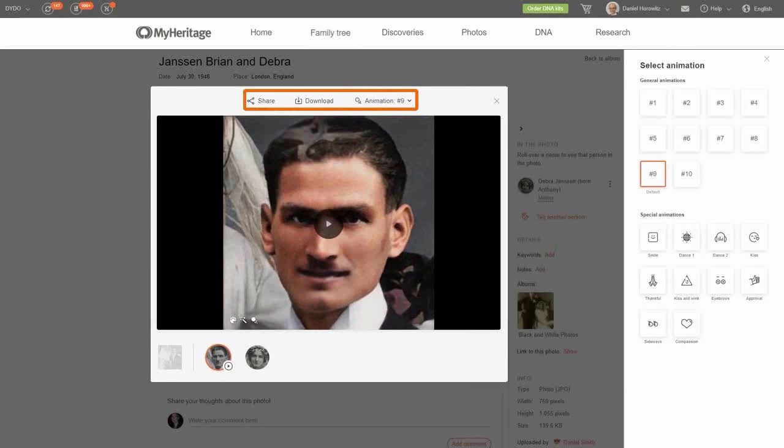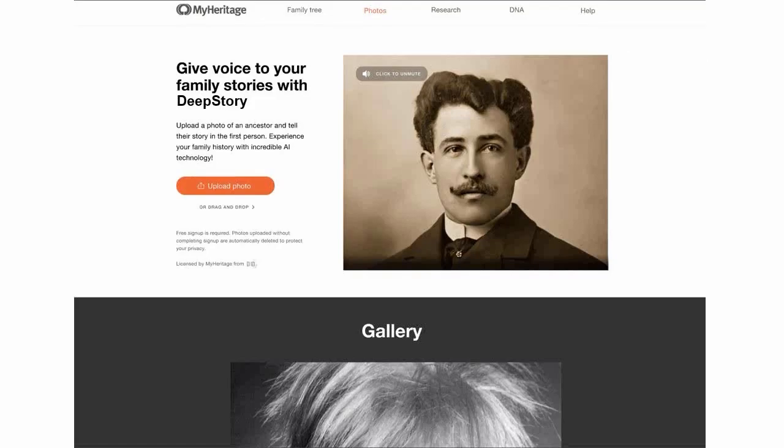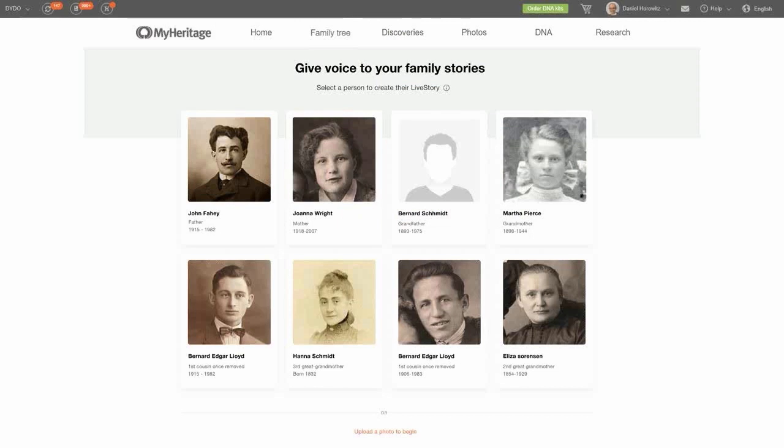Now it's the time to go under Photos in your menu and select DeepStory. Probably you're going to get to a page like this. From here, you could upload a specific picture if you want and make it talk, or you will get a picture screen like this where we have detected already people that we can propose you to create a deep story